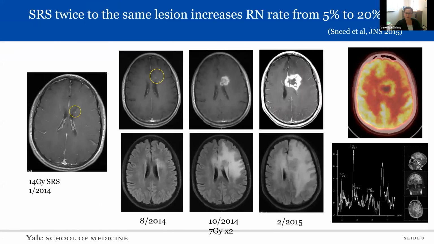In addition, we're also seeing this problem. So this is a 30-year-old lady who had triple positive breast cancer, so a diagnosis that we hope would have long survival. She had 7 of these tiny little lesions all the way to the left, treated with radiosurgery. The lesions were stable for a while, then started to regrow. And you can see in the middle there that the lesion regrew quite a fair amount.